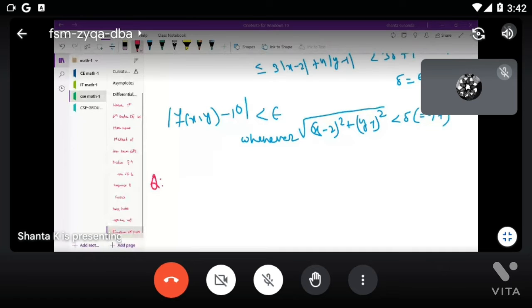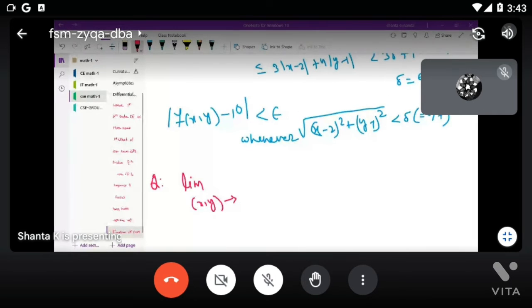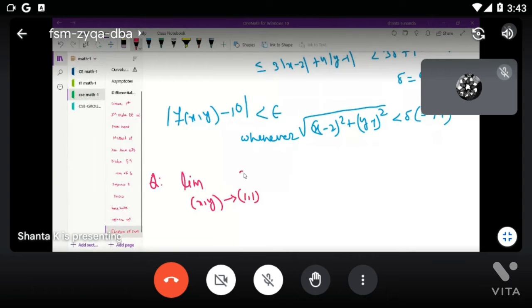Let's try for one more. Limit (x,y) approaching (1,1) of x square plus 2y